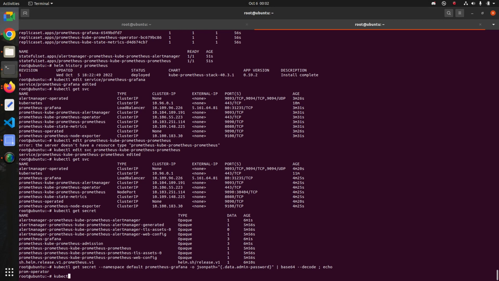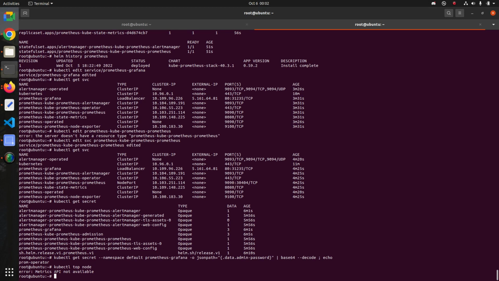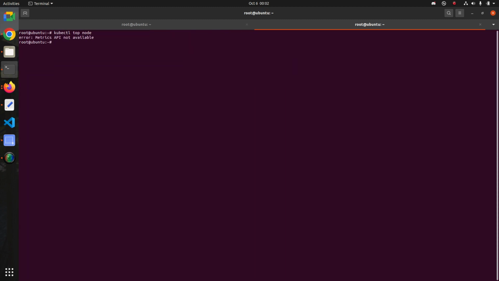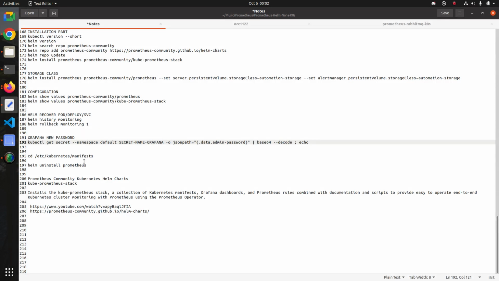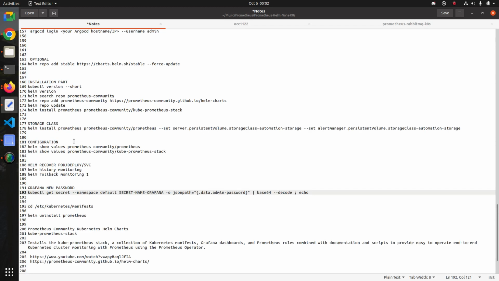If I type kubectl top node, what will I get, let's see. You can see the error: metrics API not available. Let me tell you about the pod also, the same thing. So we have a solution for that one. To solve that issue, what we have to do is